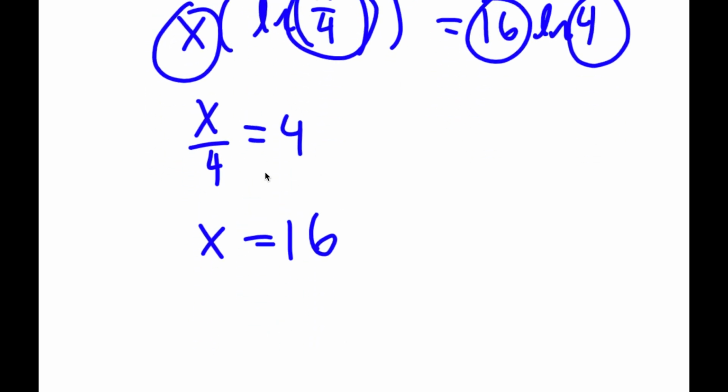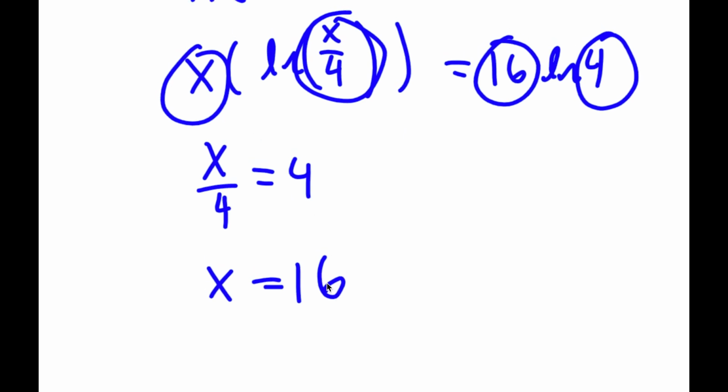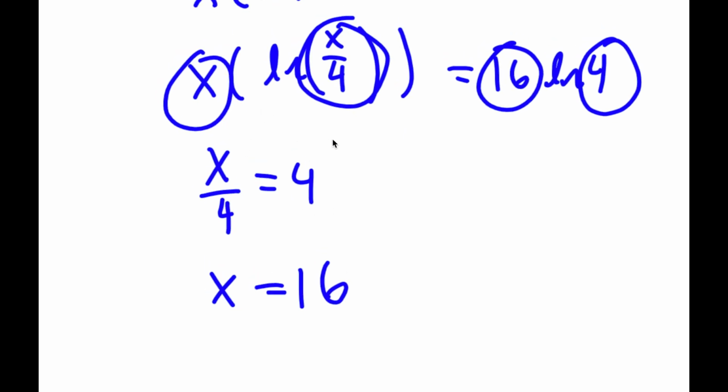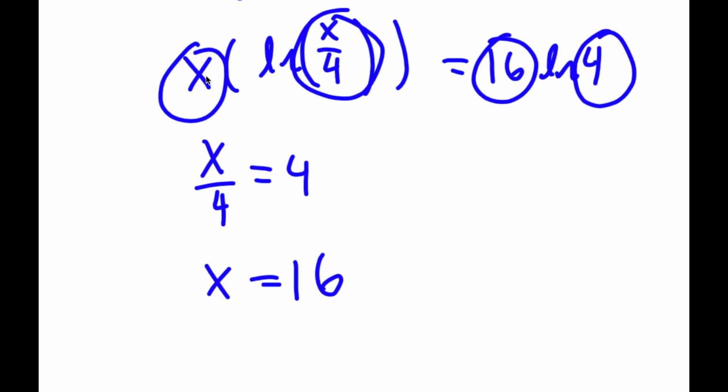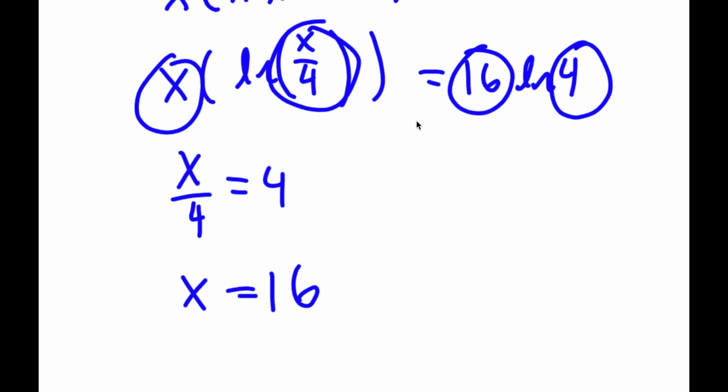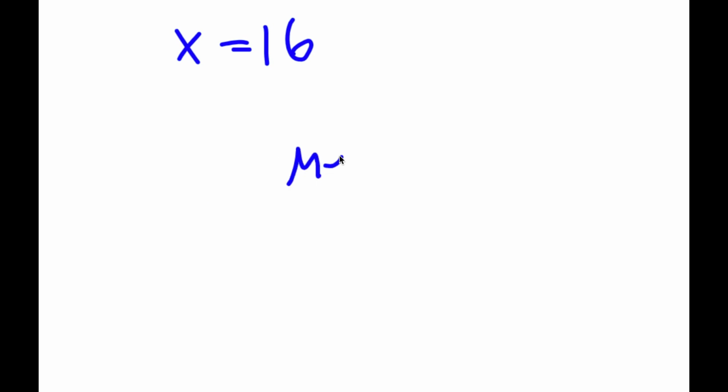So now to check, let me plug this in over here. If I plug in 16 over here, I get 16 times ln of 16 divided by 4, which is 4. So I get 16 times ln 4 is equal to 16 times ln 4. So this works. Now for method 2,